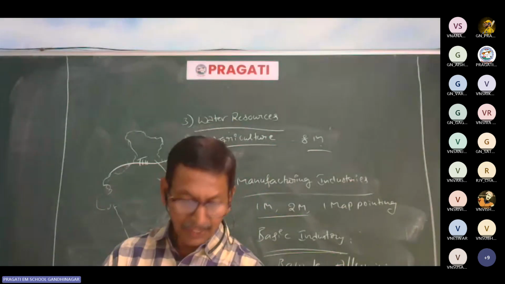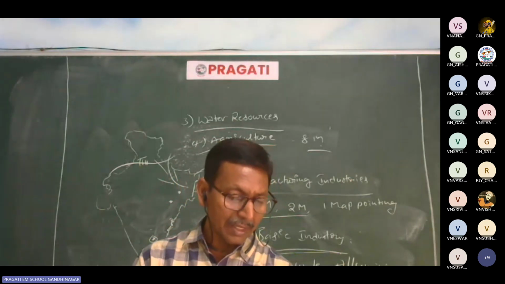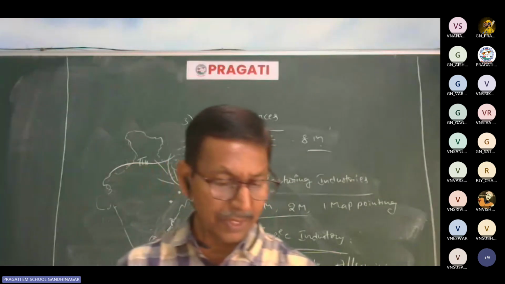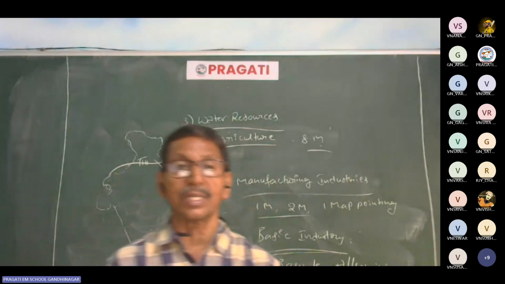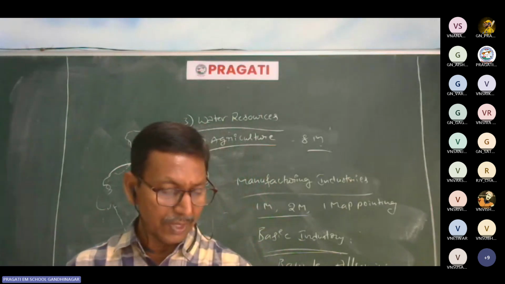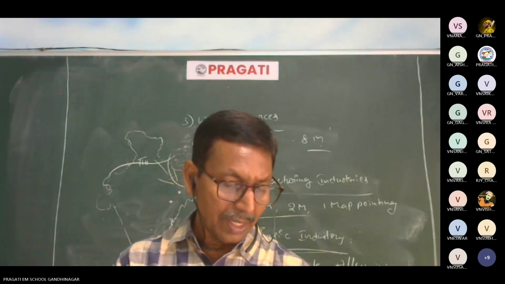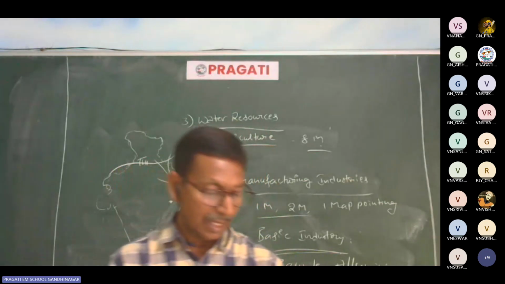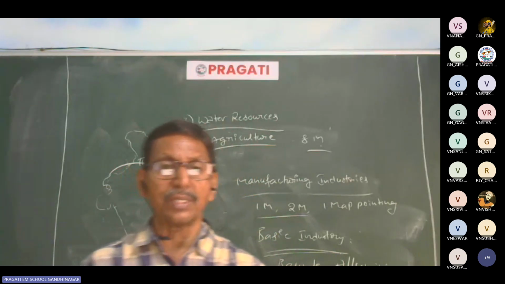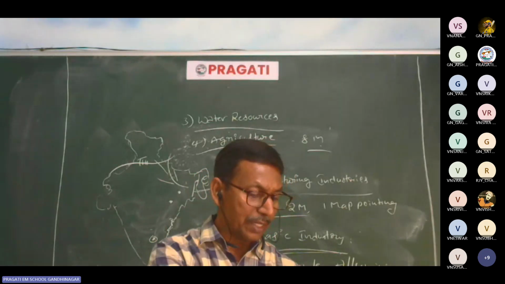On page number 296, try to follow the map pointing regarding airports, the international airports: Indira Gandhi International Airport, Delhi; Subhash Chandra Bose International Airport at Kolkata; Chennai International Airport; Chhatrapati Shivaji International Airport at Mumbai; and Rajiv Gandhi International Airport at Hyderabad, which is also called Shamshabad International Airport. Shamshabad is Rajiv Gandhi International Airport. Prepare these airports thoroughly.